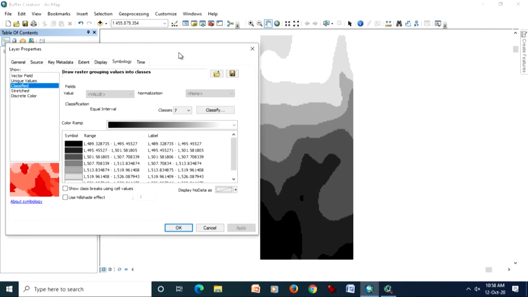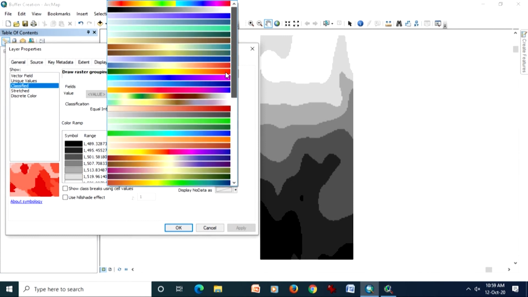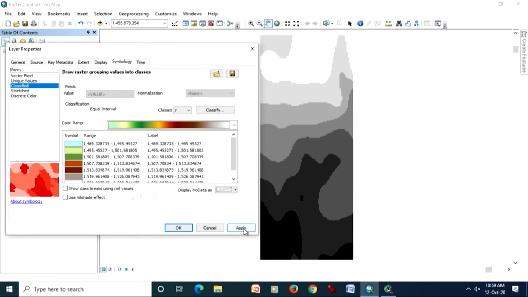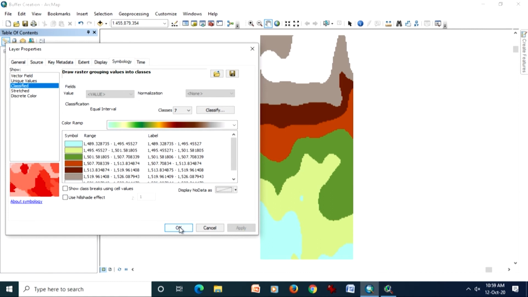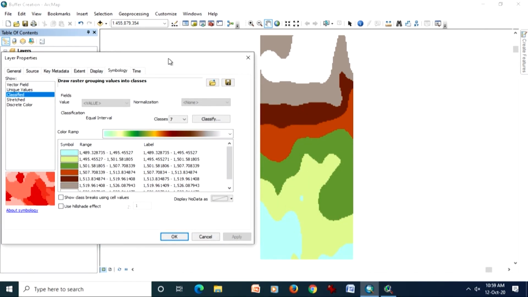Also, during the discussion I said the colors do not matter in GIS. What really matters is the value of the cell or the attribute of your feature or your object, that may be a point, polyline, polygon or a raster. So, here by default the gray ramp has been chosen. We can choose some other colored ramp also, like this one, and then say OK. So, if I say OK, then I get this without any problem.